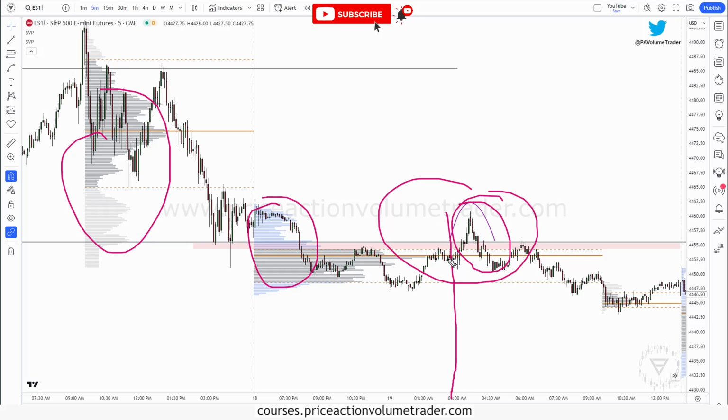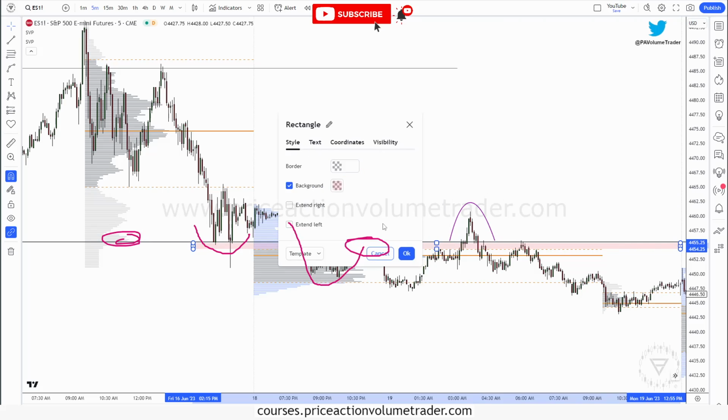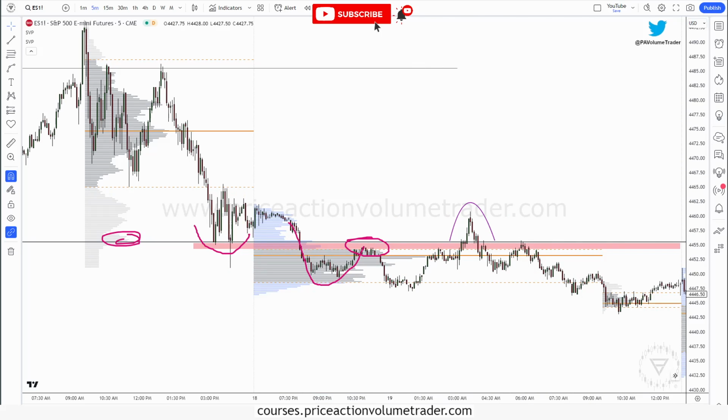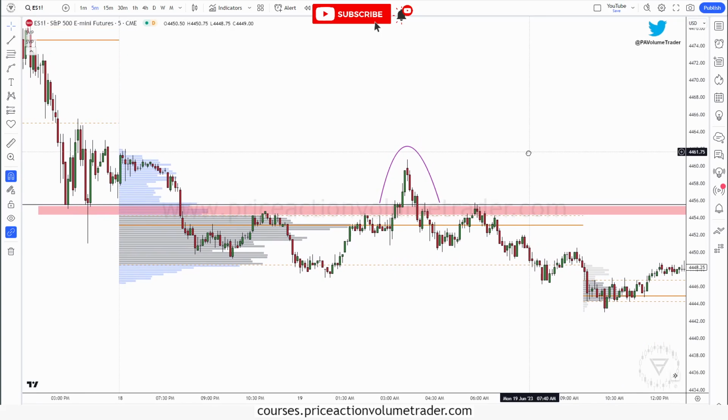We had this fake out right when we had the liquidity injection when the Europe market opens, and you can see price came down, tested this important level, broke down below, and now we're finding resistance here. You can see that I have this shaded area in red. Let me actually make it darker so you can see it easier. Right there. And so right here, if we're trading the extended hours,